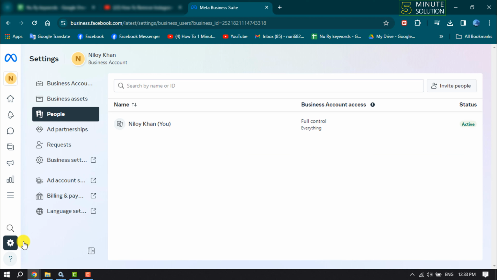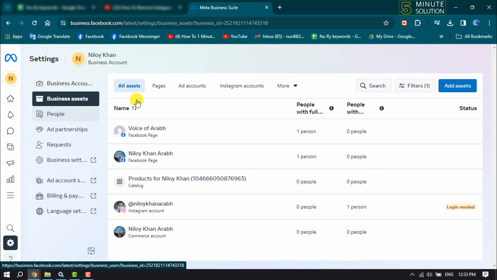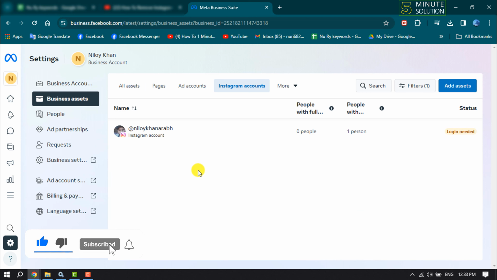Once you are in Business Account Settings page, here select Business Assets and click on Instagram Accounts. And here you will get all of your connected Instagram account. Now click on the Instagram account that you want to remove from Business Suite